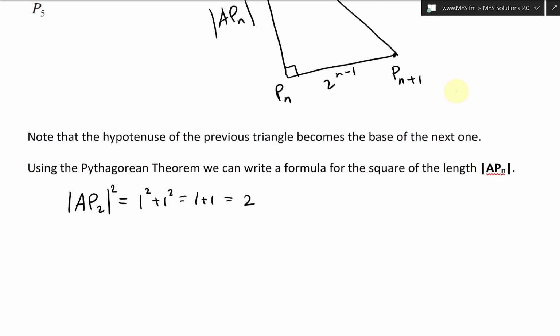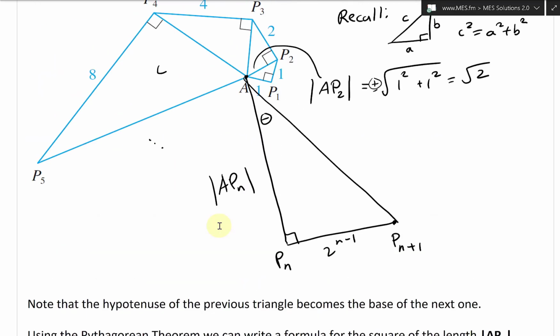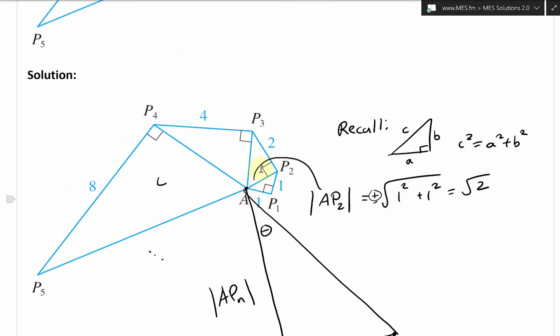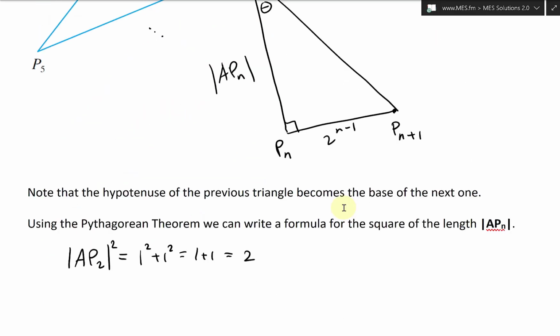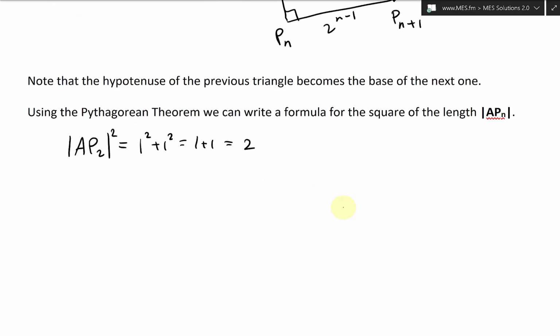equals 2. So that's the first one. And then the next triangle, remember, that becomes the base. And then AP3 becomes, well, we know this side is 2. And the next side is just AP2, like that. And then square that. So what we're going to get is